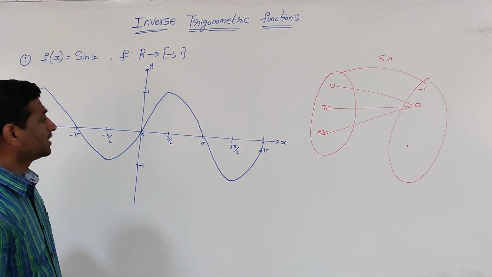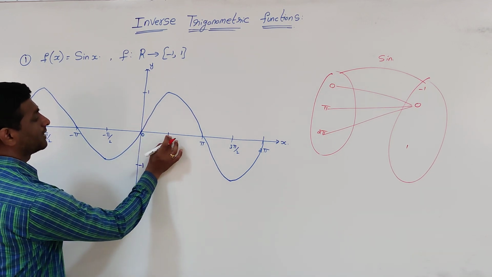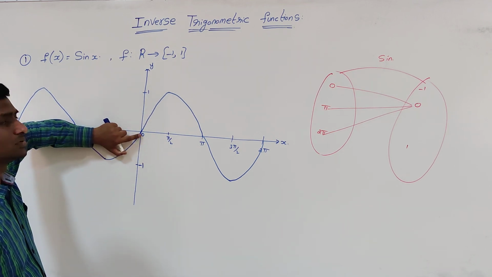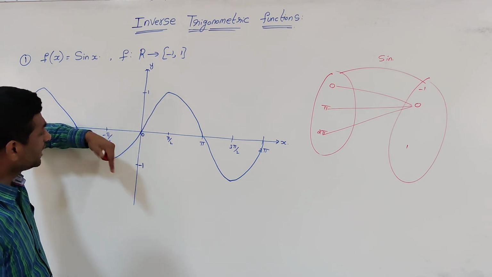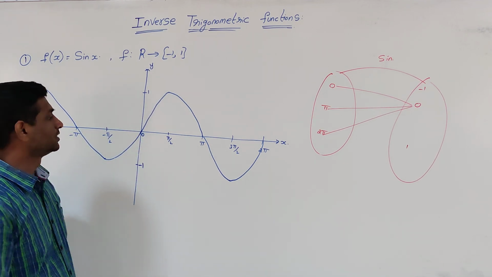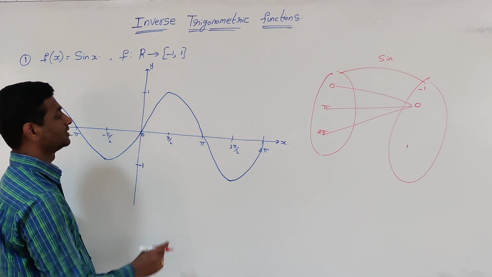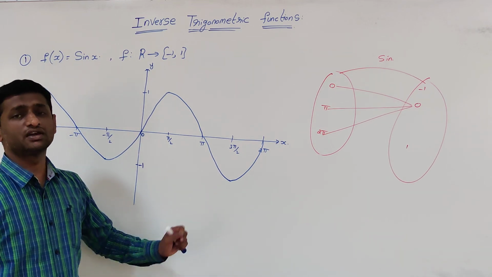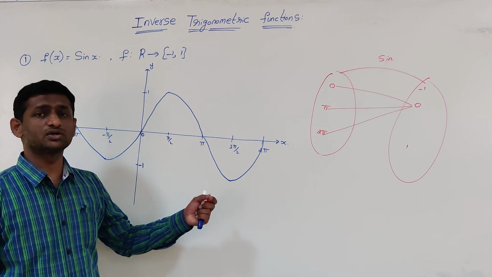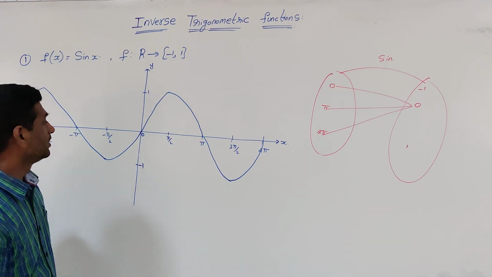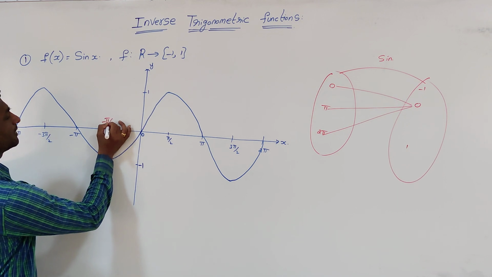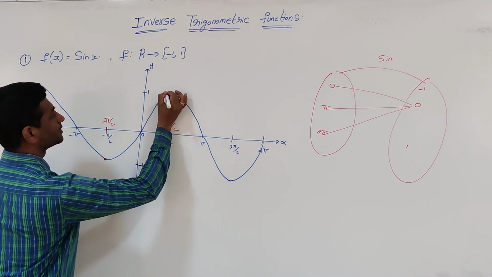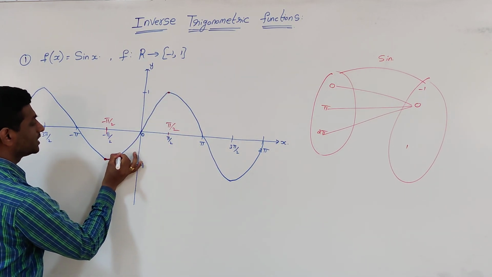Again, it should be 1-1 as well as onto. But if we restrict from 0 to pi by 2 only, we can have 0 to 1 elements only, but we don't have -1 to 0. So again we have to increase the values. If I increase pi by 2 to pi, then whatever angles exist between 90 to 180, sin theta will be positive, but we can't have the chance of getting negative values. So if we restrict the domain from minus pi by 2 to pi by 2, see the red lines.